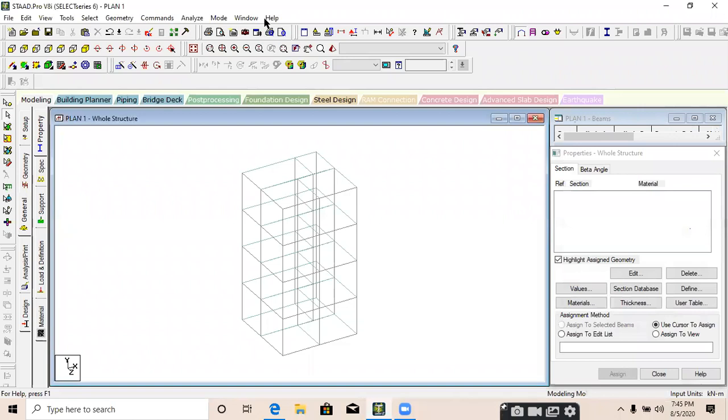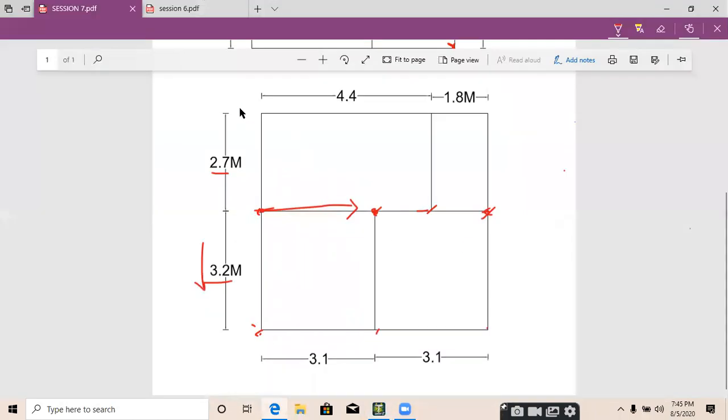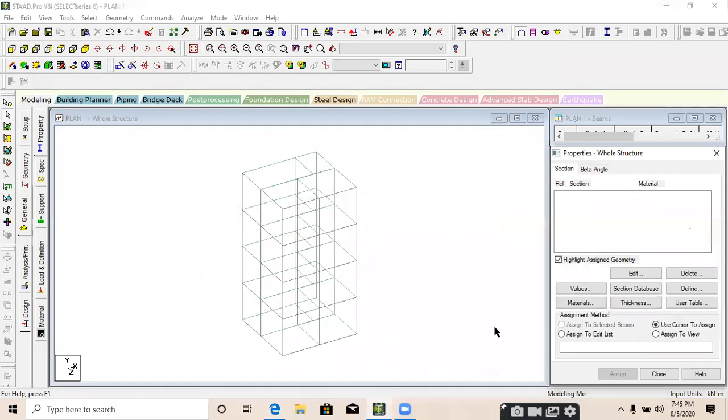Up to this particular step, if you have any doubt, you can ask. This is all about creating the model of a building. You can now create any type of building model. Just have a plan of a building, set 0, 0, 0 over here, create one node at 0, 0, 0 from the coordinates, and copy the node in x direction, copy this node in z direction to repeat. Then join a beam in between the nodes.